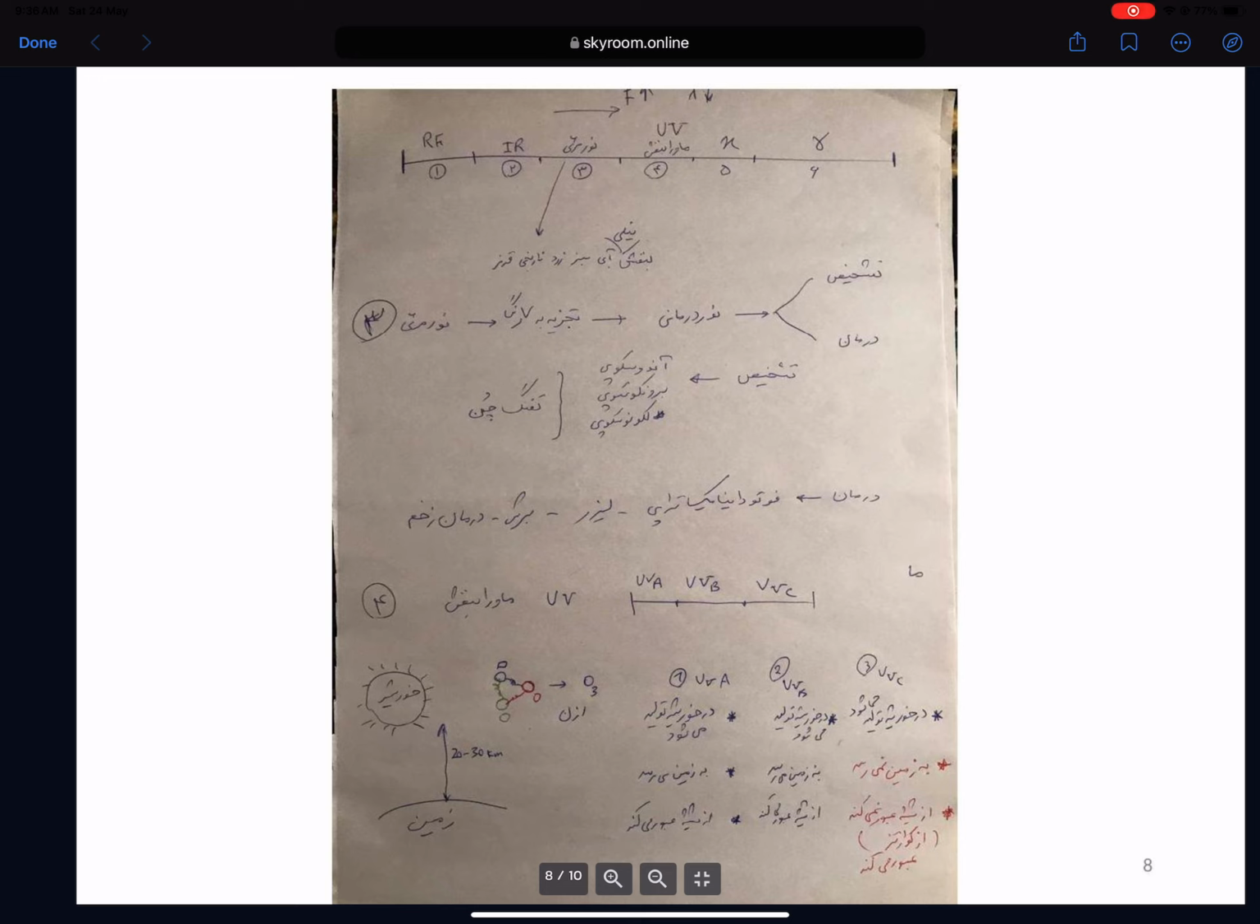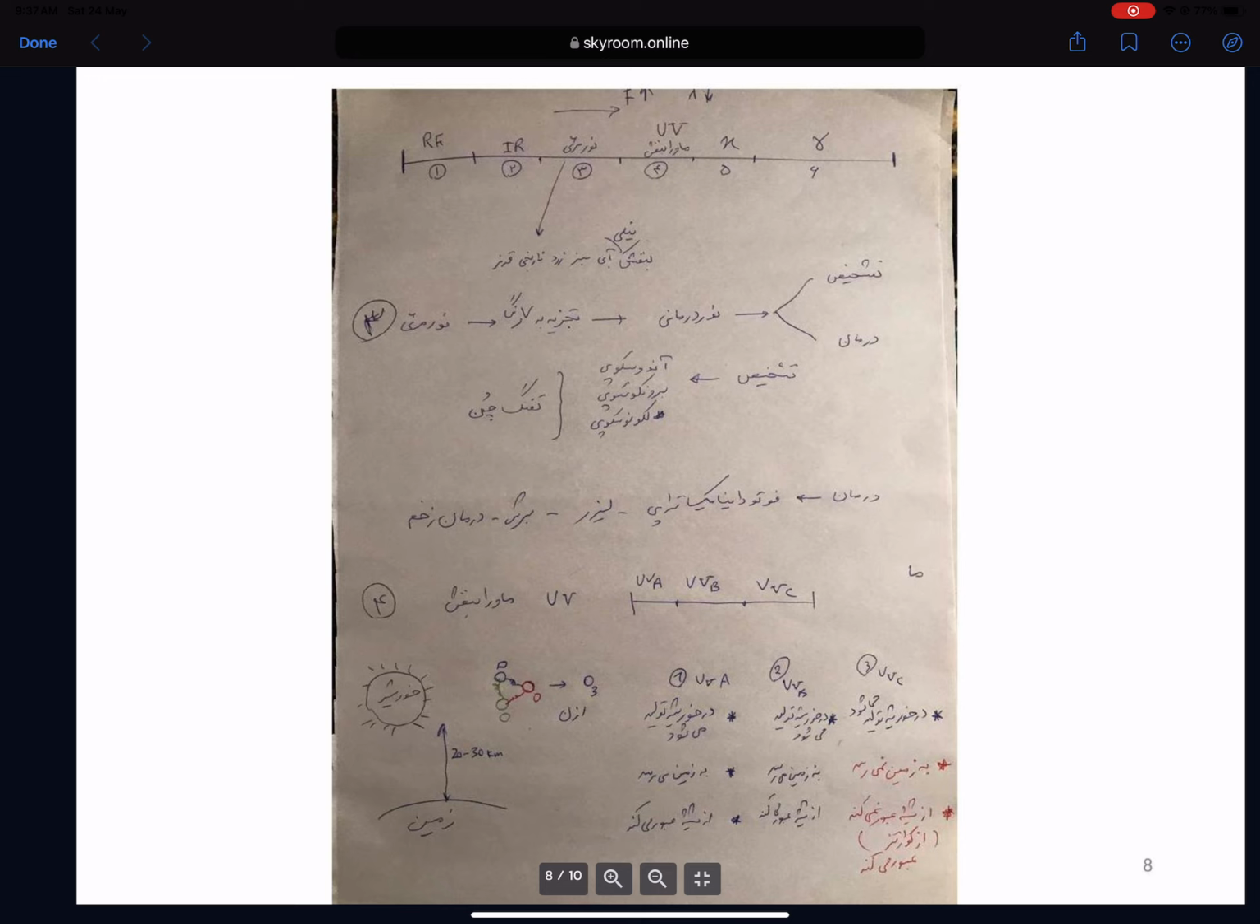To transmit UVC, you need a specific material which we call quartz. It's like a stone, a specific stone which we call quartz. And UVC lamps are very expensive because they are made of quartz, not normal glass. Okay, so